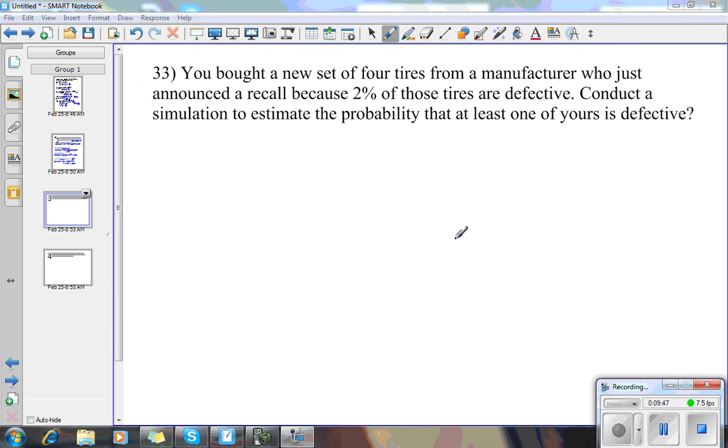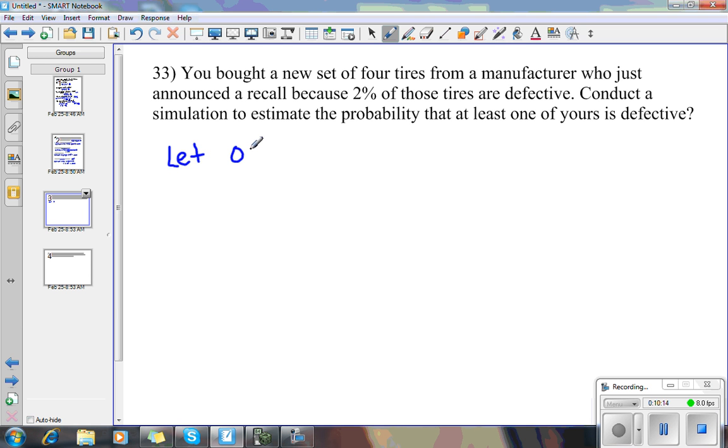Okay, here's problem 33, but I've changed it up just a little bit. You bought a new set of 4 tires from a manufacturer who just announced a recall because 2% of those tires are defective. Conduct a simulation to estimate the probability that at least one of yours is defective. I just want to go through the process. We might not do this whole thing, but this is a simulation problem, and this is similar to what we did in Chapter 11. So you might do something like let